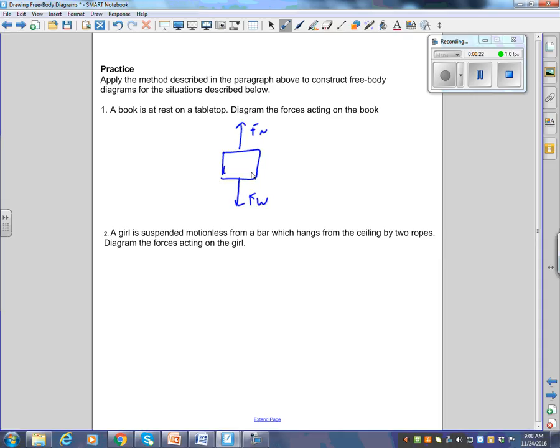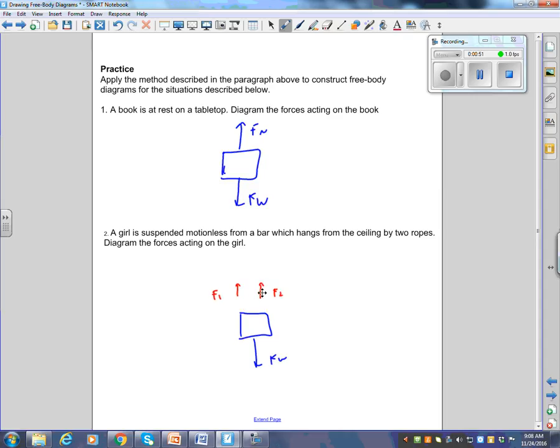A girl is suspended motionless from a bar which hangs from the ceiling by 2 ropes. Diagram the forces acting on the girl. Is it happening on Earth? Likely. Is there a surface? No, she's hanging by 2 ropes. Now, I know what the actual answer key shows. It actually shows 2 arrows up, F1 and F2. Now, if you add them together, they should be the same length as that,